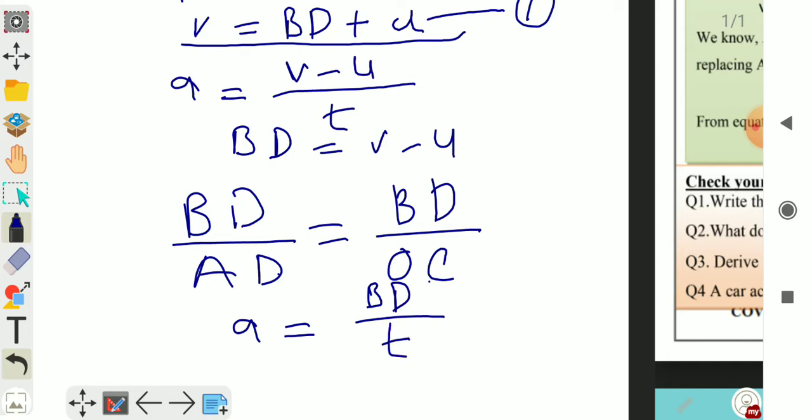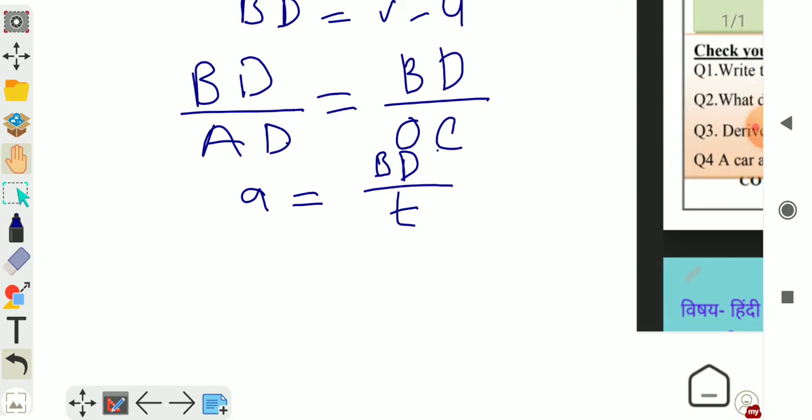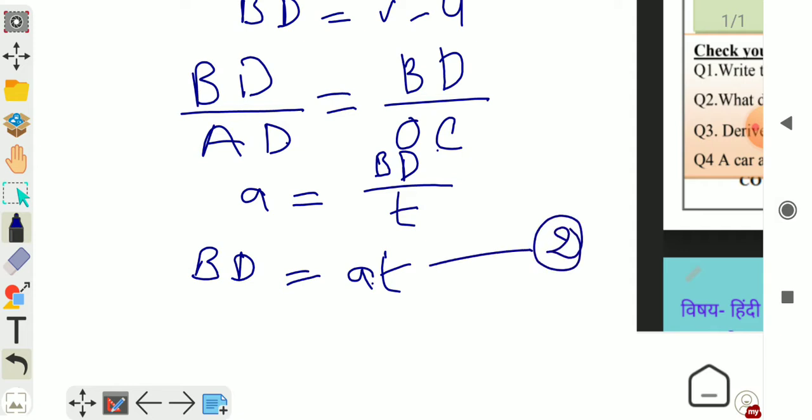So BD equal to, now BD will equal to this one, BD rate in change in velocity, BD equal to AT. This is your second equation. From these two equations we will find out, when we put up the value of BD, value of BD is AT, BD equal to AT in first equation,